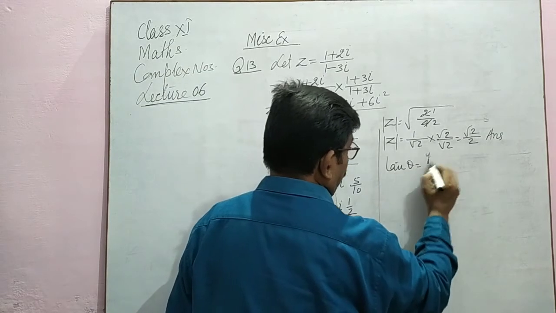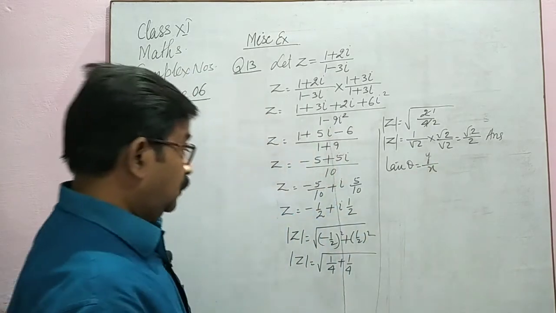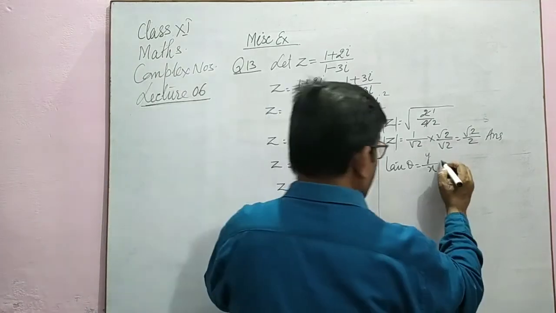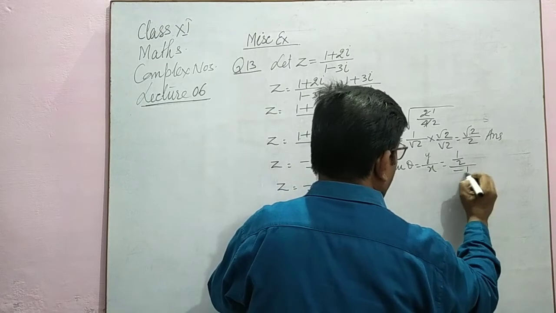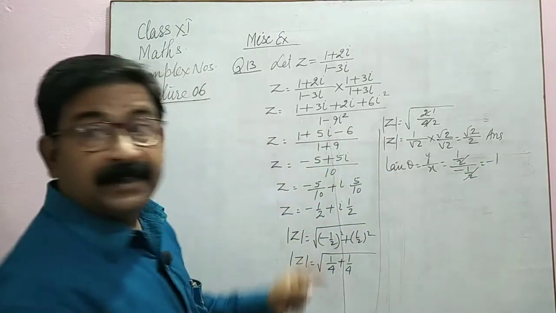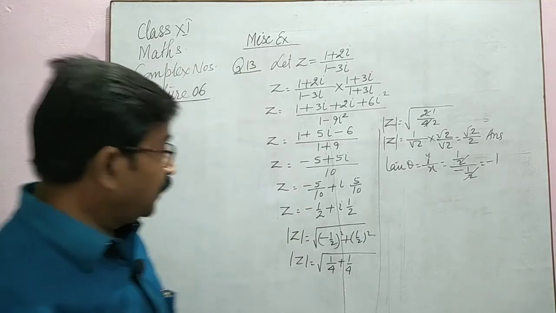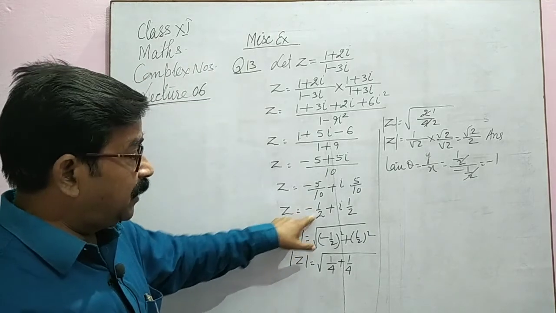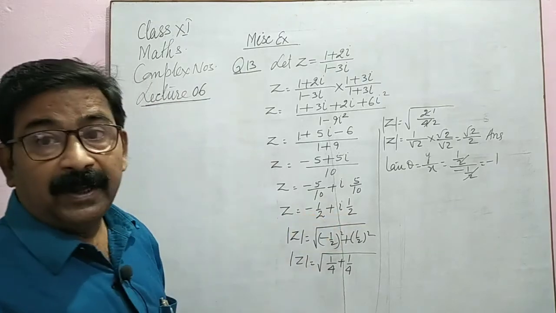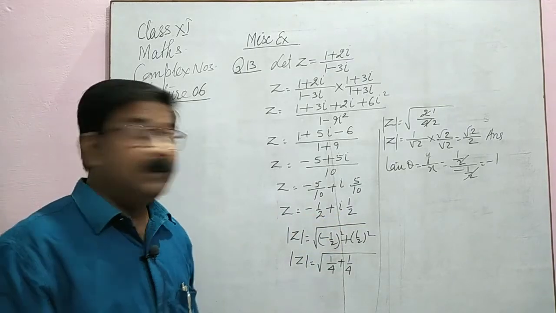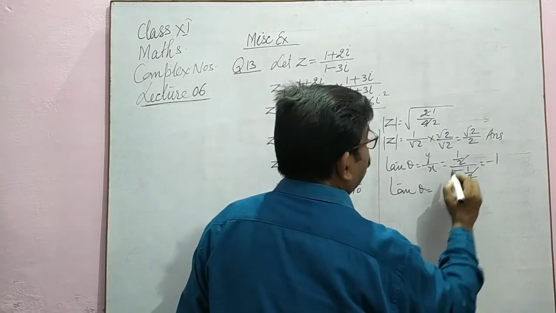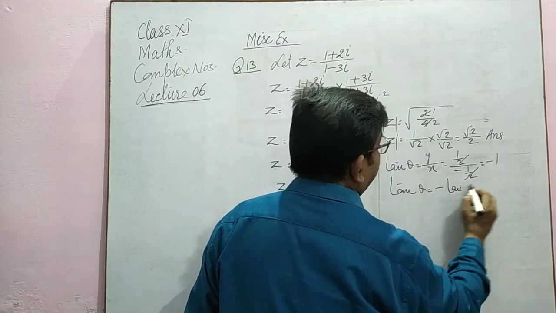tan theta is equal to y upon x. Here in the complex number, this is x and y. x and y, this is what? 1 upon 2 upon minus 1 upon 2. This will go, this is minus 1. So let's see in which quadrant this one is lying. See, x is negative and y is positive. x is negative and y is positive. And this is in which quadrant? In the second quadrant.